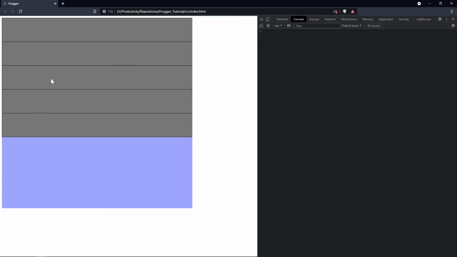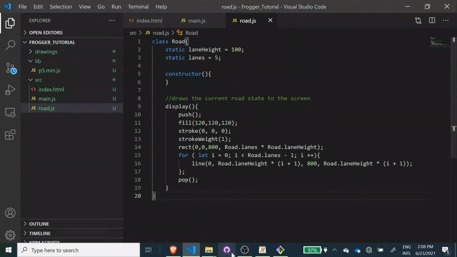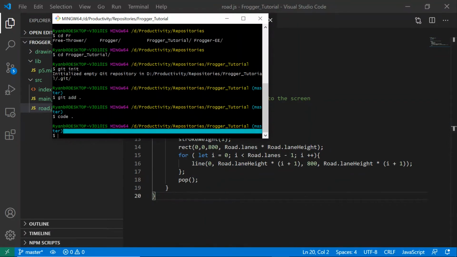So there we go. What we're going to do is have a start area, which is going to be the first lane at the bottom. And then we're going to have the frog start at the start area, and it's going to slowly move all the way up. But before we can do that, let's just quickly git commit everything that we've done so far